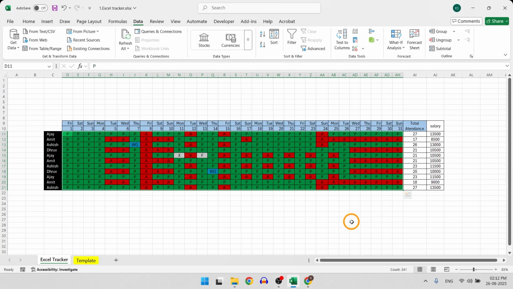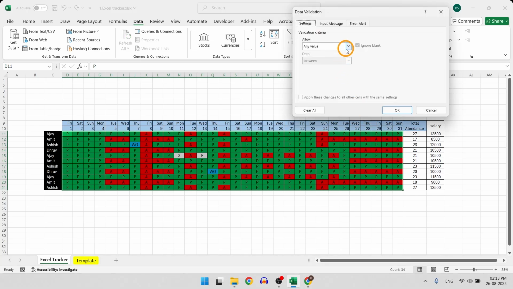and here in the Data Tools section you will see the Data Validation icon. I will choose the option List from the drop down, and in the source I will just type all the allowed values by simply separating them with commas. So in this case we have three values: P, A and W. We will separate them with a comma.